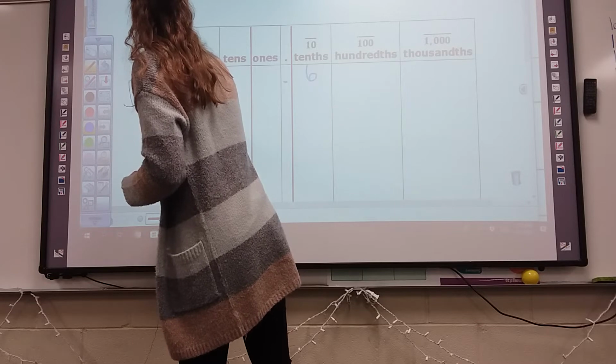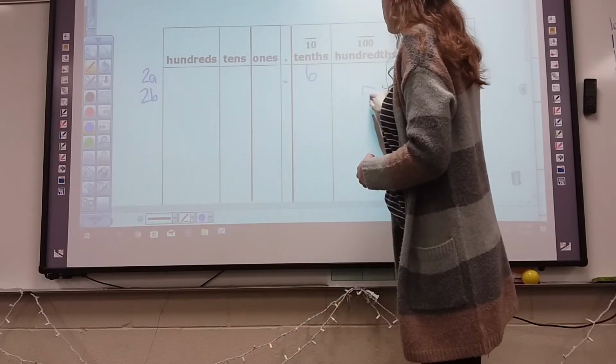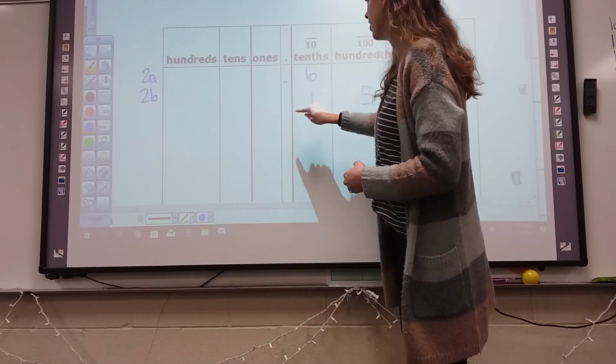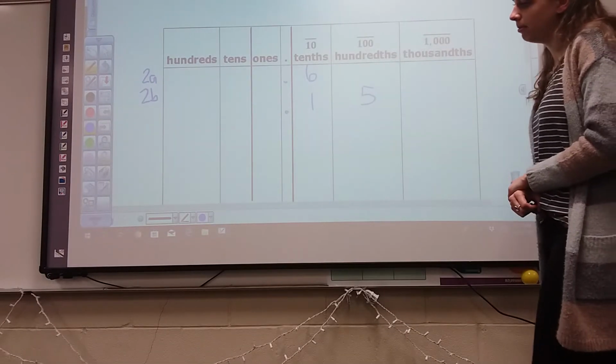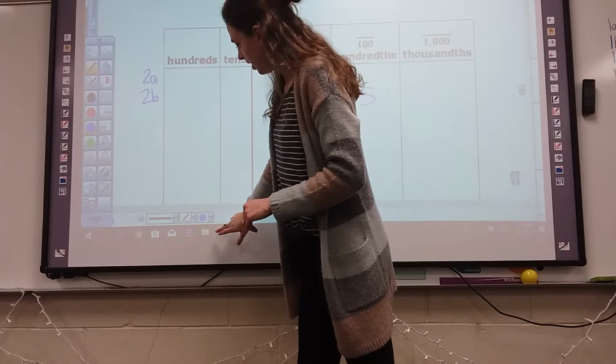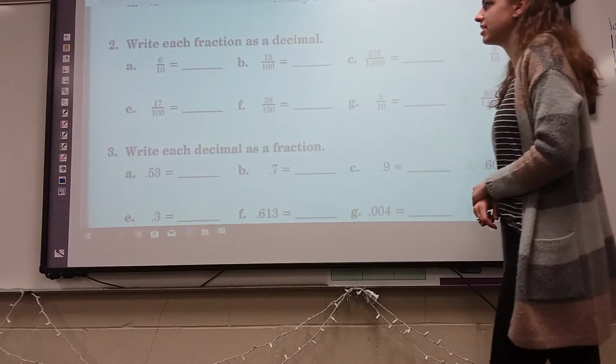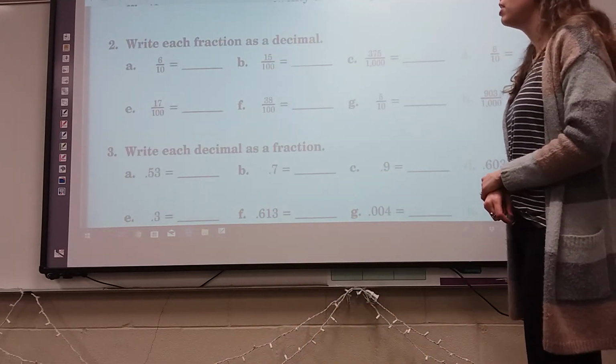Now we're on 2b. That 5 is going to go in the hundredths place, which means your 1 is going to go in the tenths and your decimal is going in front. Okay? And lastly, for 2, we're going to do 2c. We have